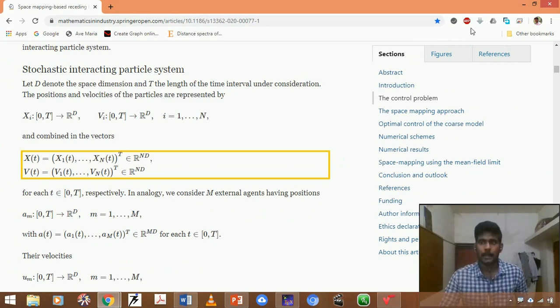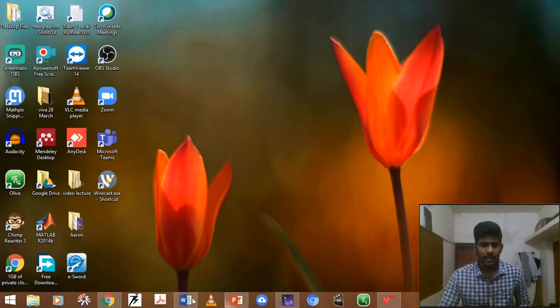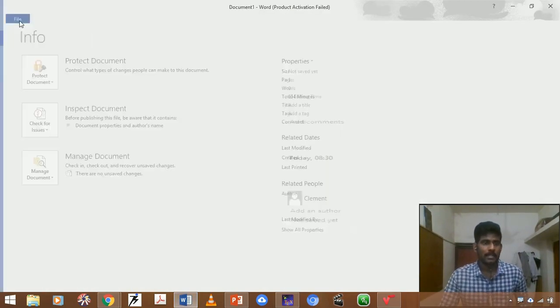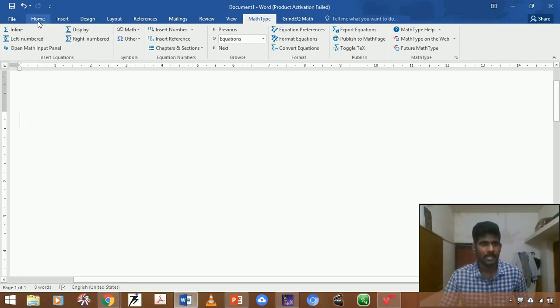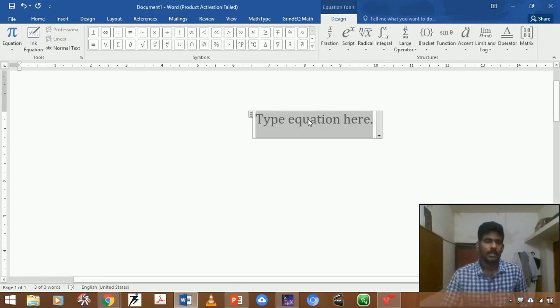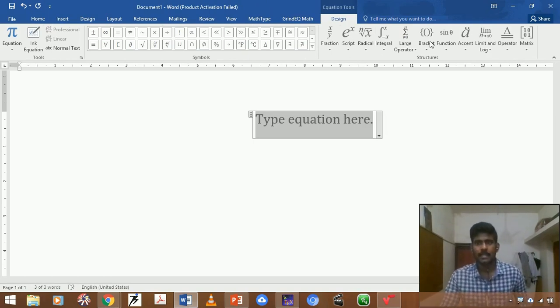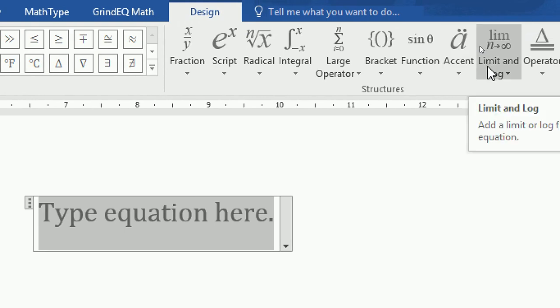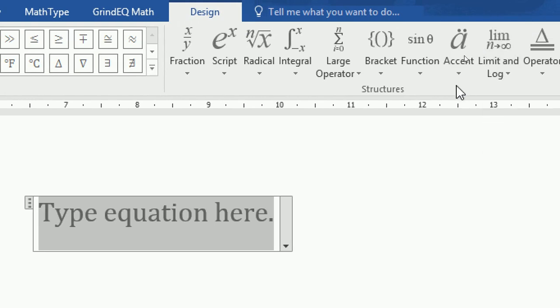So, one more thing. Most of the time you would have practiced with the equation editor, which is already associated with MS Word. Here I am going to give one equation. See here. Usually you will be using this kind of mathematical notation to insert an equation. Instead of that, if you have some knowledge about LaTeX, it is easy to just type it as a LaTeX code. Here I wanted to show you one example.